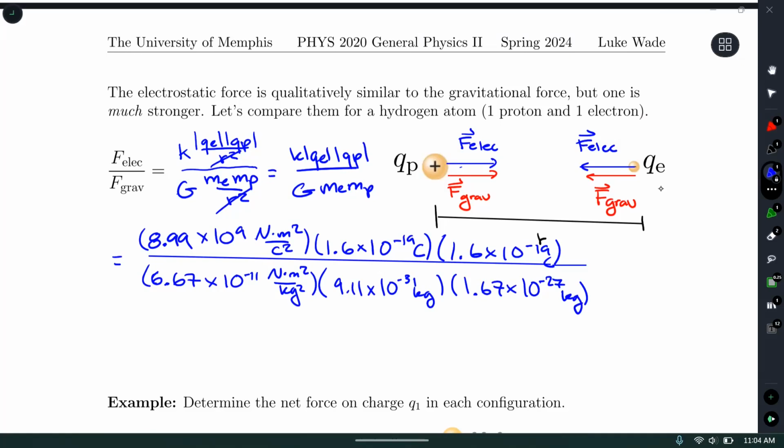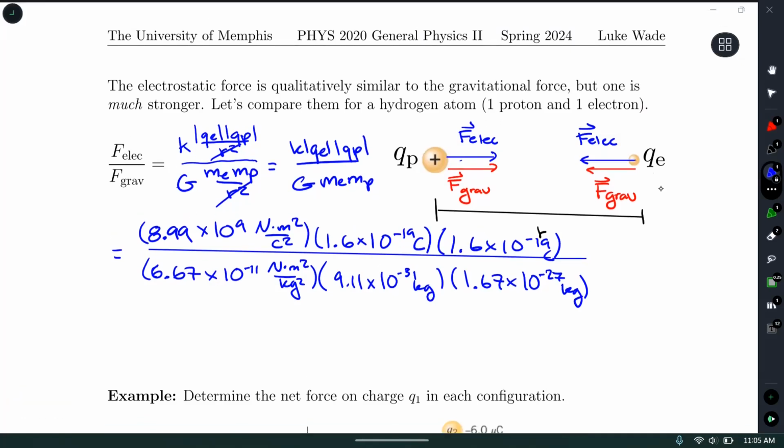If I were doing sig figs, I should have put a 0 up here, but who cares? Okay, so what I'm calculating here is the ratio of the electric force to the gravitational force. In other words, this will tell me how many times stronger or weaker the electric force is than the gravitational force. So if this number came out to equal 5, that would mean the electric force is 5 times stronger than the gravitational. If it came out to 1/5, it would mean the electric force is 5 times weaker, and so on and so forth. What it ends up coming out to is